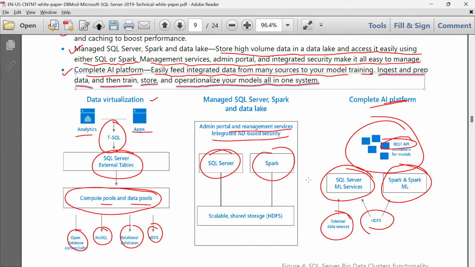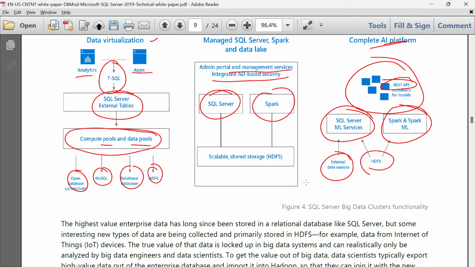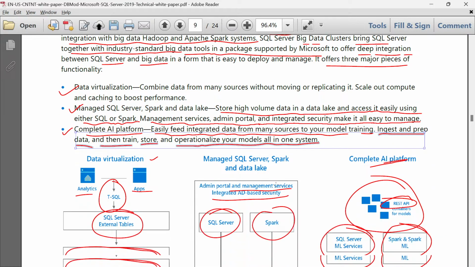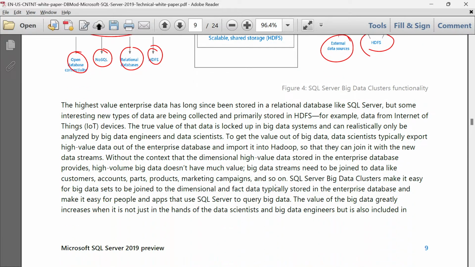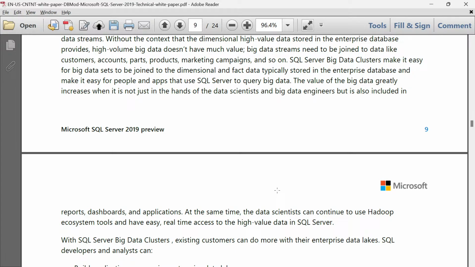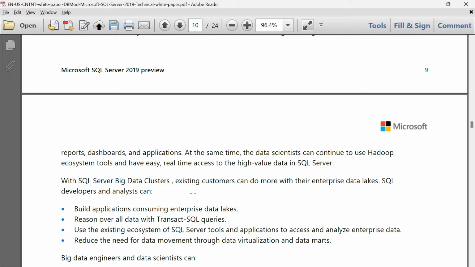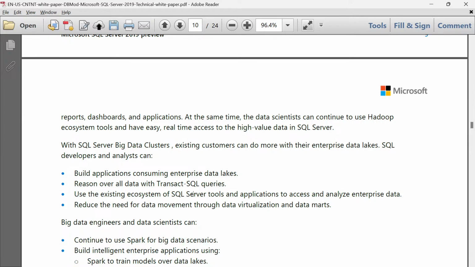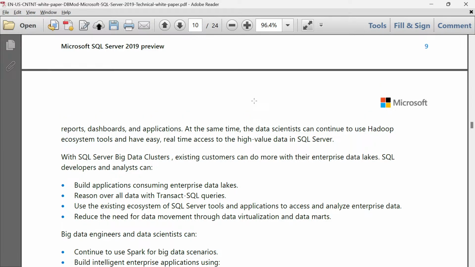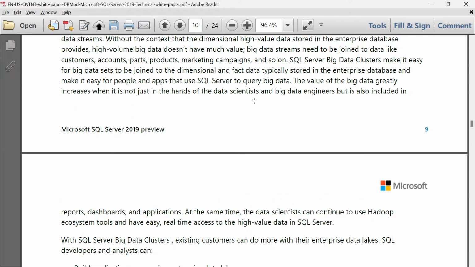All right. So these were the features under SQL Server 2019 based on big data. All right. So here we have some theories. Now we will be concluding this session, and we will continue in the third session with these introduction sessions, the features of SQL Server 2019. So tomorrow we will again resume our session from here.